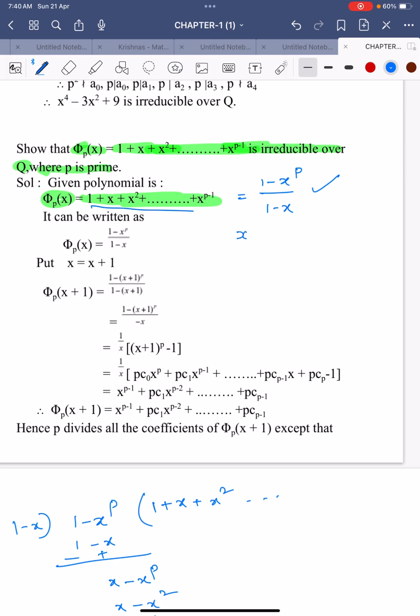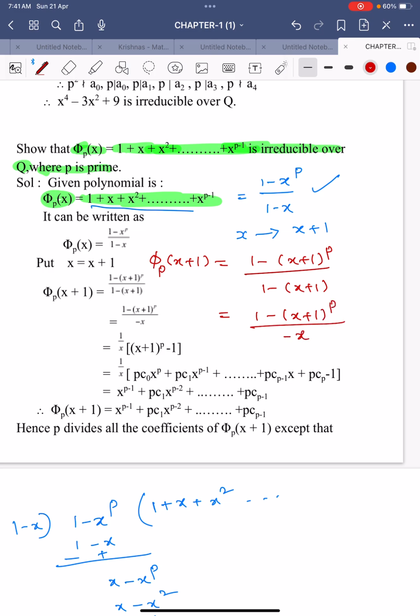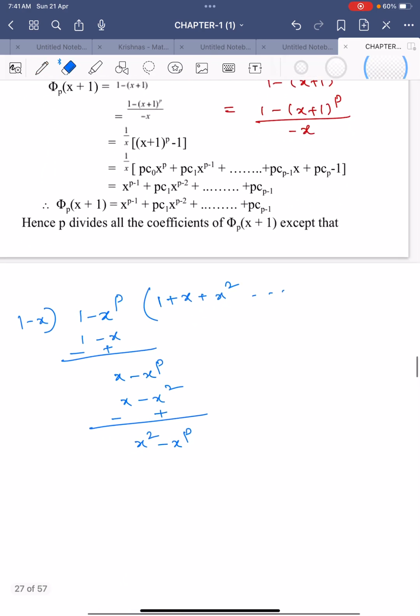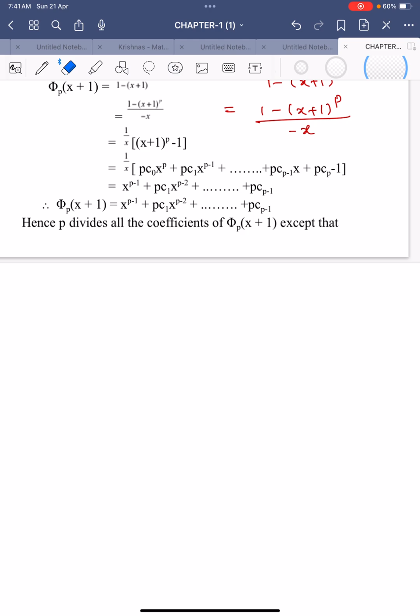Now replace this x by x plus 1. So obviously phi p of x plus 1 equals 1 minus (x plus 1) power p divided by 1 minus (x plus 1). After simplifying we get 1 minus (x plus 1) whole power p divided by minus x. By using the binomial theorem, it can be written like this: 1 by x into (x plus 1) whole power p minus 1. First I rewrite the terms, so that's why we reduce this minus. Now applying the binomial theorem, 1 by x into